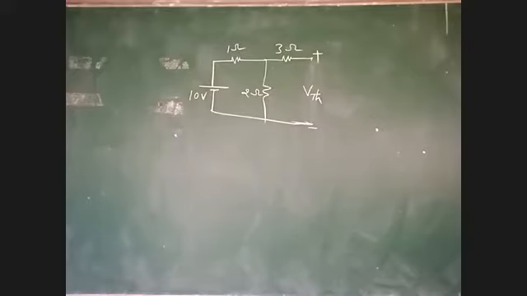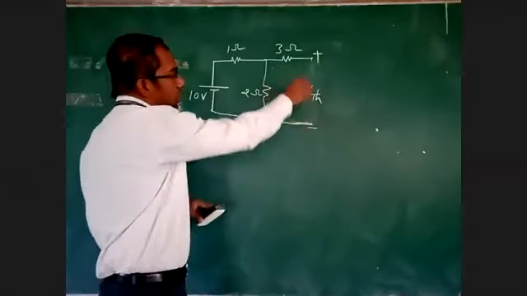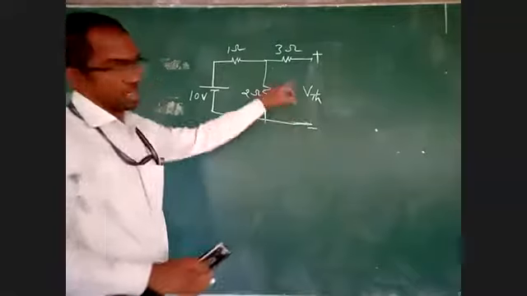So we have to open the resistance where they are asking us to determine the current. They are asking in 4 ohms, so I am opening 4 ohms. And I am assuming VTH is the Thevenin voltage in the open circuit. Now I will determine this VTH. So in this loop, what is the current?